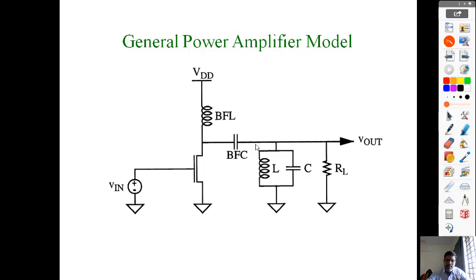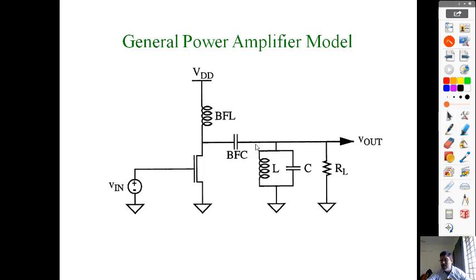When the Q point is placed exactly at the middle of the DC load line, then the output signal will be a perfect sinusoidal signal, supposing the input signal to be amplified is sinusoidal. So a faithful reproduction is available only from class A amplifiers, because the Q point is fixed at the middle of the DC load line.